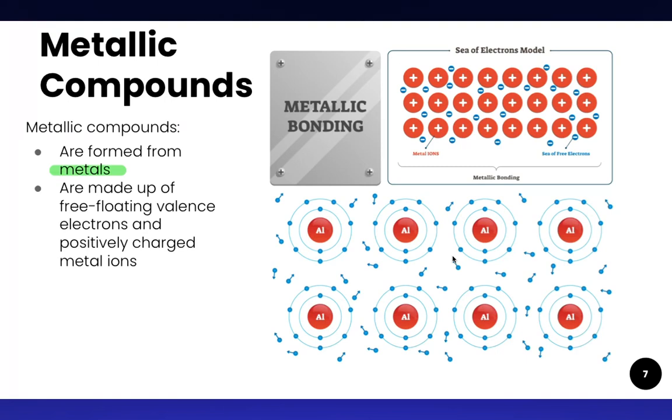And they're made up of free-floating valence electrons and positively charged metal ions. So you have these positively charged ions, and the electrons around them are just floating in this large lattice of